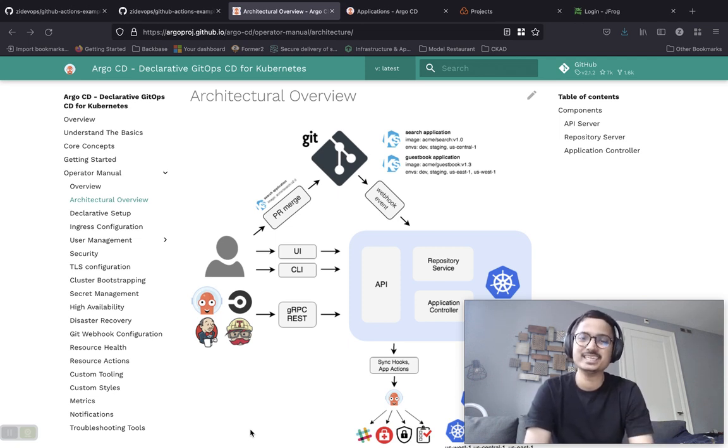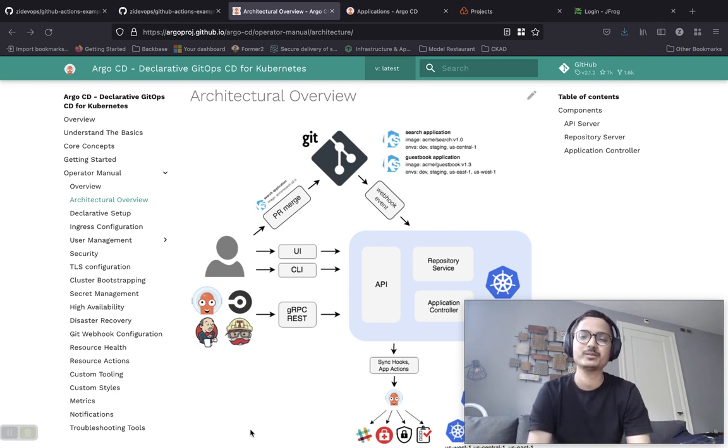So in this video, which is the final part, we are going to take a look at Argo CD in terms of the deployment aspects, which is GitOps. We are going to have our desired state configuration in our GitHub repository, and the desired state configuration is going to be synced into your Kubernetes cluster as a Helm chart. It's taken from your GitHub repository and synced to your cluster. So in that way, it's a pull-based configuration.